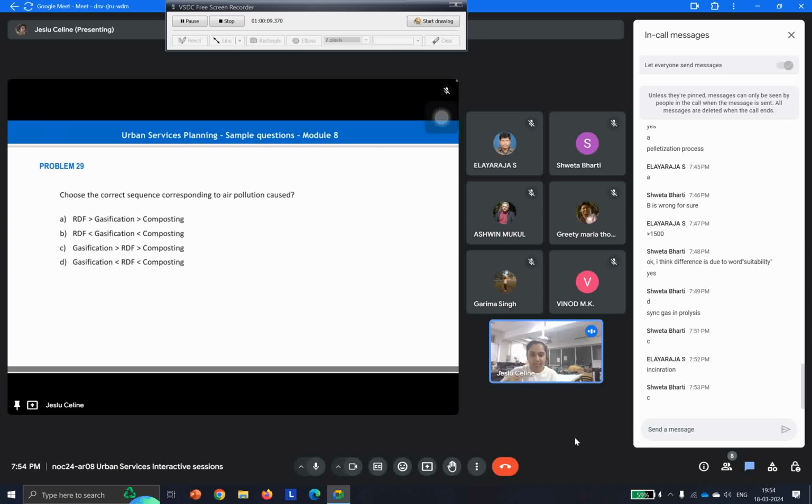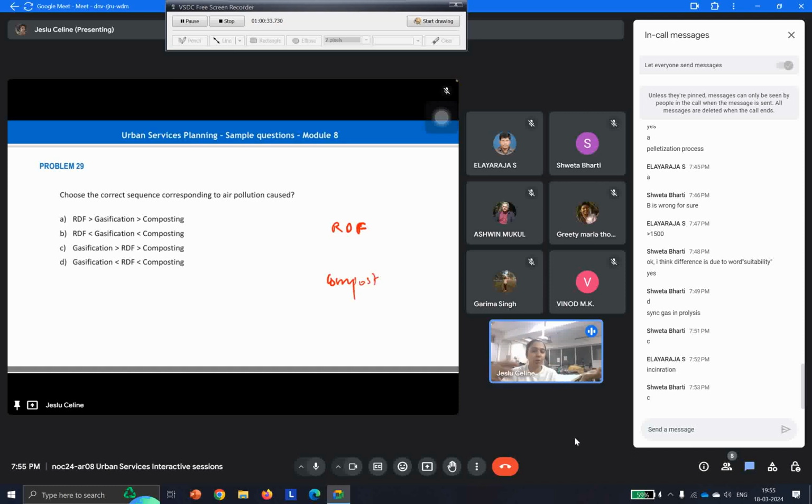RDF produces the maximum pollution actually, because in the whole process that's involved, there is more pollution which is caused. So RDF comes the maximum pollution among all these. Gasification and composting are the different. And we also know that composting gives the minimum, because